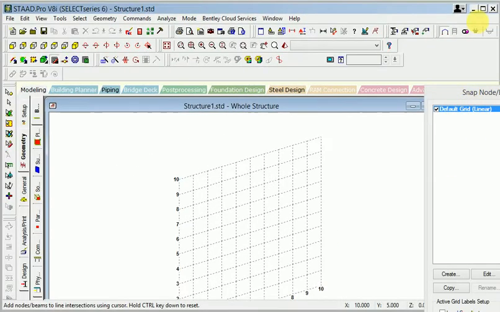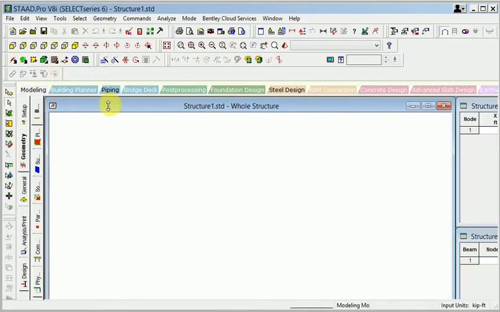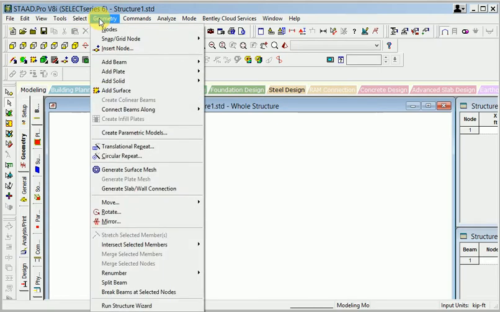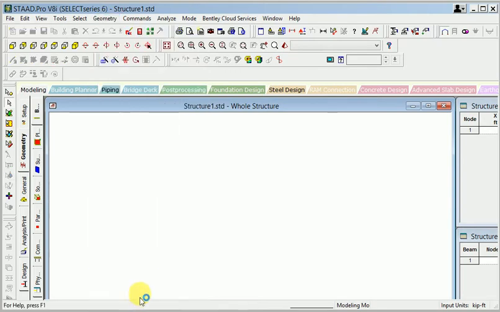So this is the graphical user interface. When I want to get a predefined model, let's go to geometry and run structure wizard.